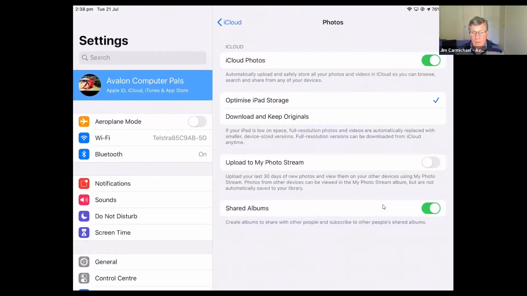Now, if you bought a brand spanking new iPad with lots and lots of storage, maybe 128 gig, then you can probably download and keep the originals. But it's an option and it helps. In the case of the first iPad we bought, it has helped keep it functional and useful for the last 5 years, because we have run out of storage, but it still gets lots of photos